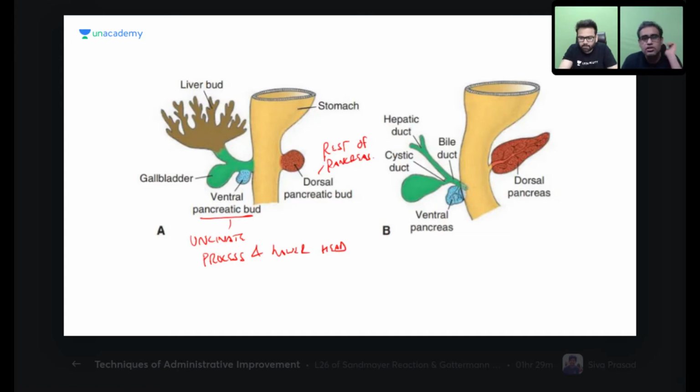So, starting with the embryology of the pancreas. We should know it is coming from the endoderm. It is the diverticulum which comes from the endodermal tube that forms the gut, mainly from the foregut, and to be more exact, from the junction of the foregut and the midgut. Here, the blue color is shown as the ventral pancreatic bud, and the reddish color is the dorsal pancreatic bud. These are the two buds from which the pancreas develops. With the ventral pancreatic bud, there's also a hepatic bud that comes out, which forms the liver and the